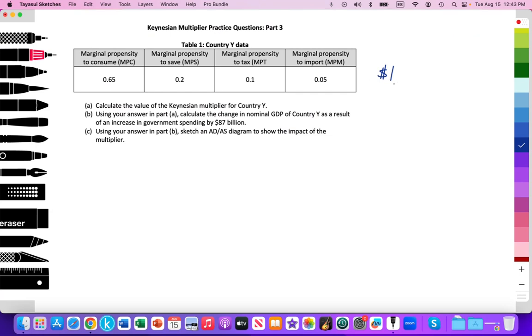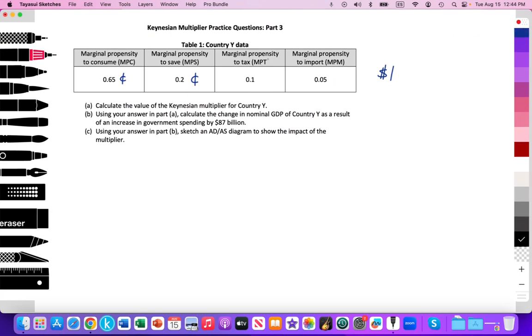if you get one extra dollar, we assume that there's four potential things that you will do with that extra dollar. So a portion of it will be spent. So 65 cents of that dollar will be spent, 0.65. So we're going to assume on average for every extra dollar gained, the average person may spend 65% of that. Then another thing that you can do with additional income is save a portion, 0.2 or 20 cents for every dollar. Then we have any additional income that can be taxed